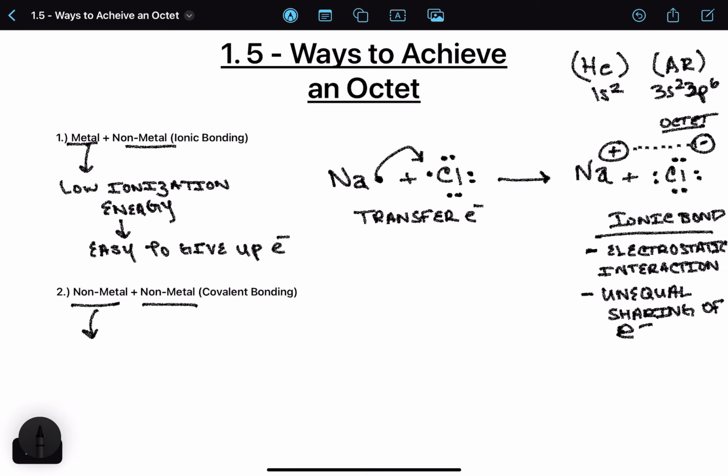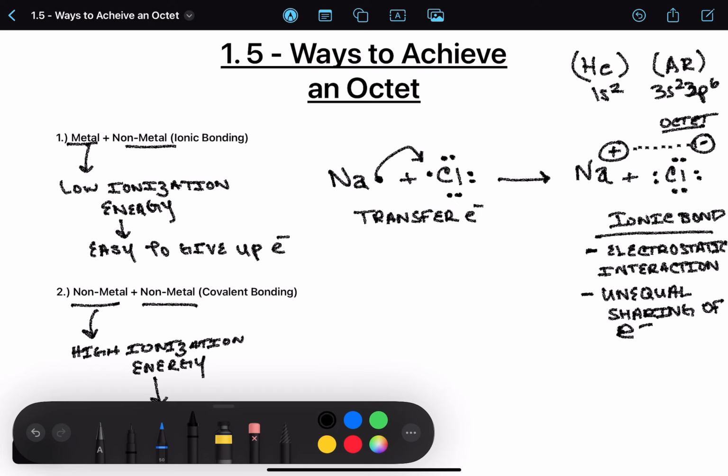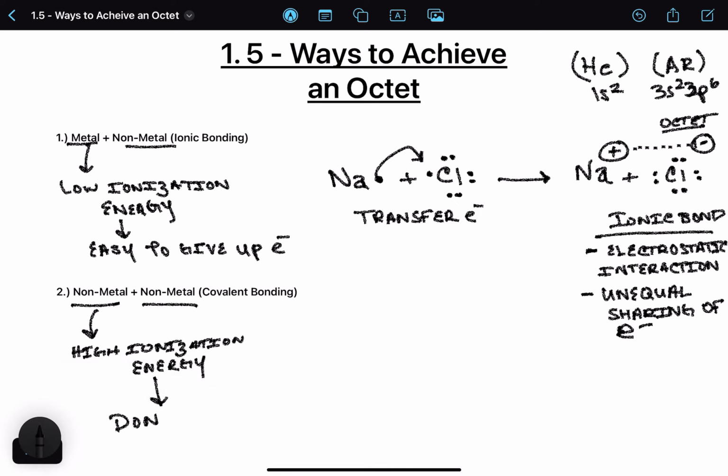And so we know that nonmetals have a high ionization energy. They don't want to give up electrons. They don't like giving up electrons. And so instead what they do,